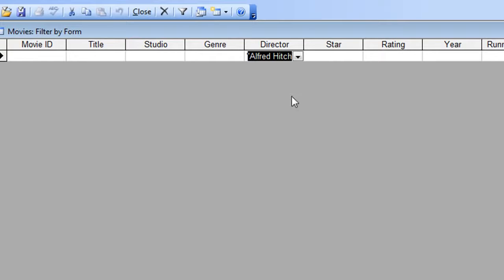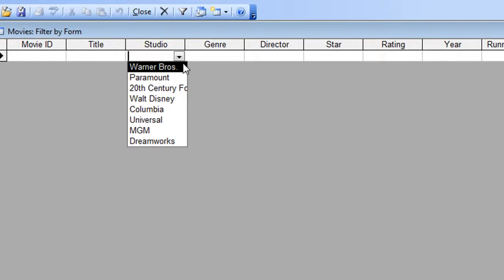It's left Alfred Hitchcock in there. I can just delete that out because it's already highlighted, so press delete. And let's just say I want to find Paramount movies starring James Stewart. What I would do here is go to my studio field, click in that, I get a drop down arrow